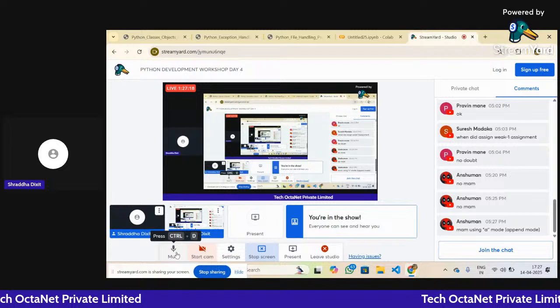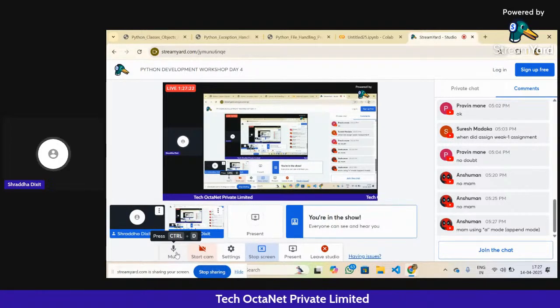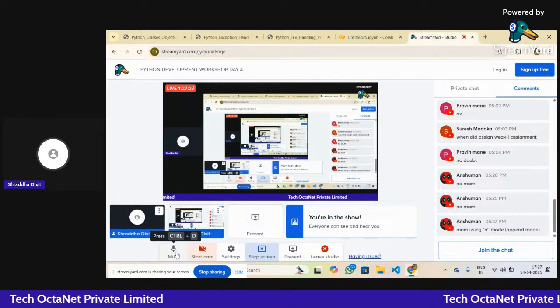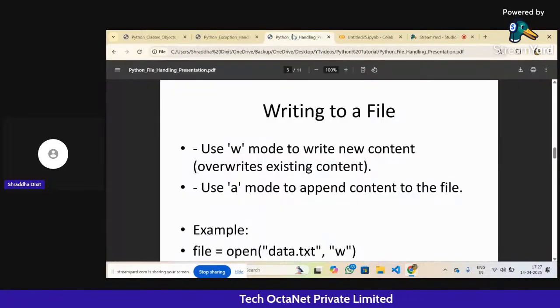Okay, yes, you will use the append mode to write to the file. Yeah, that was correct. Okay,